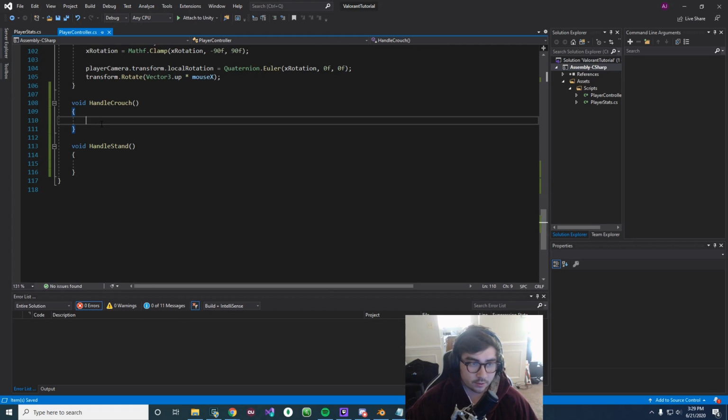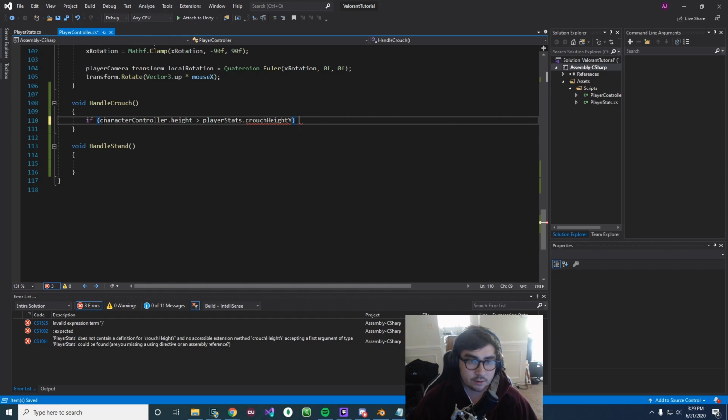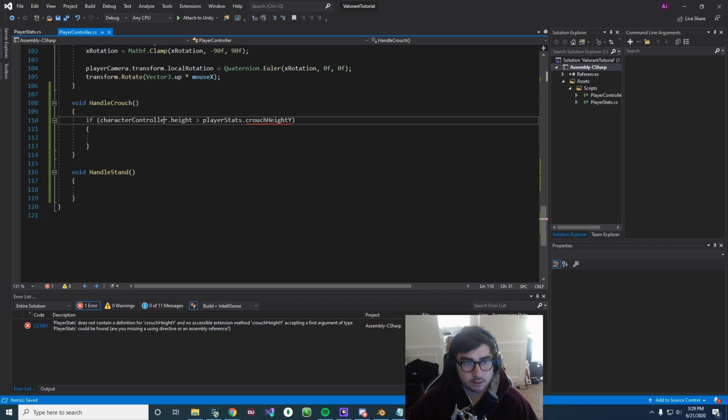Okay, let's work on the crouching first because it's a little easier. So if characterController.height is less than playerStats.crouchHeightY, or is greater than, right? So this means, well, okay, so how are we gonna crouch?